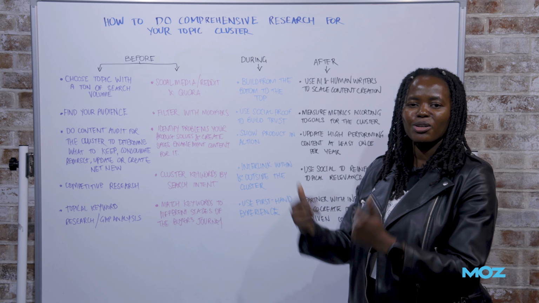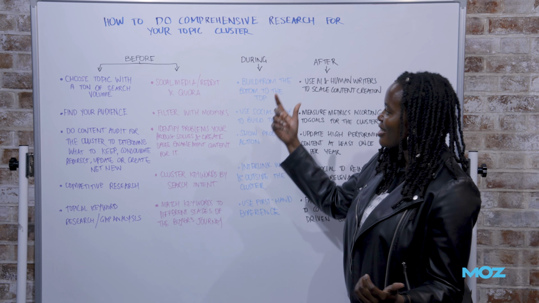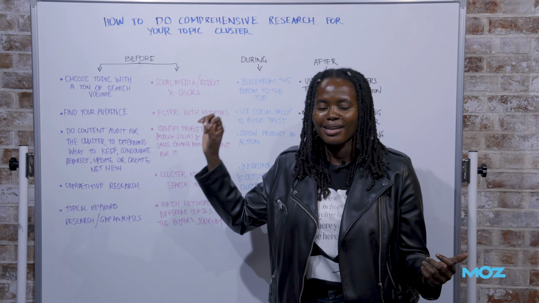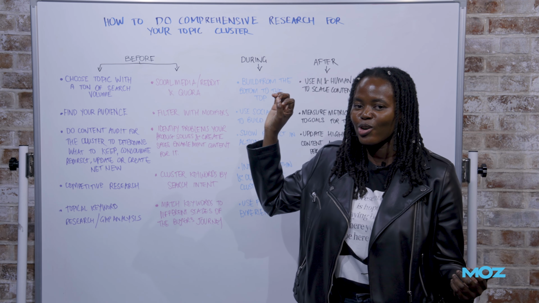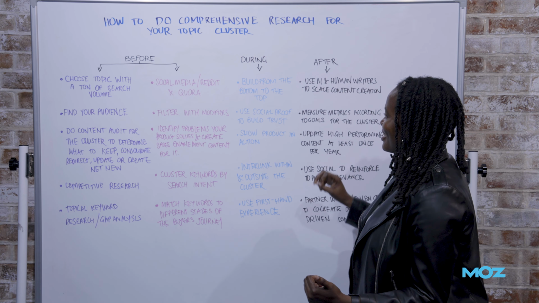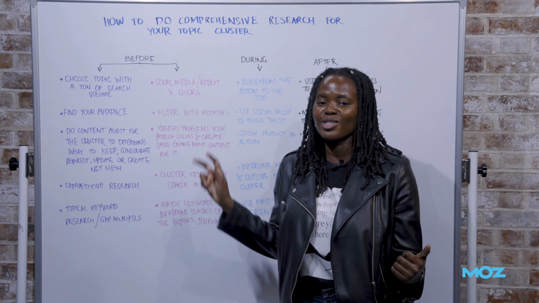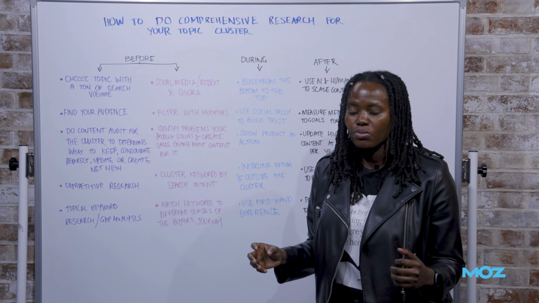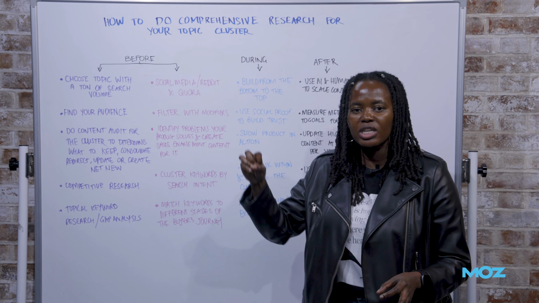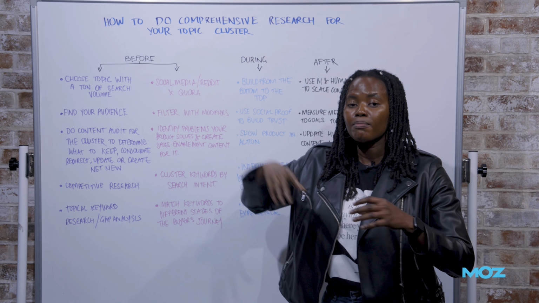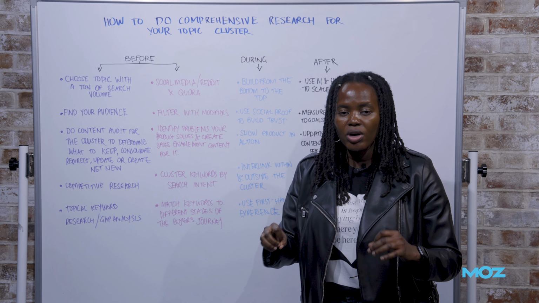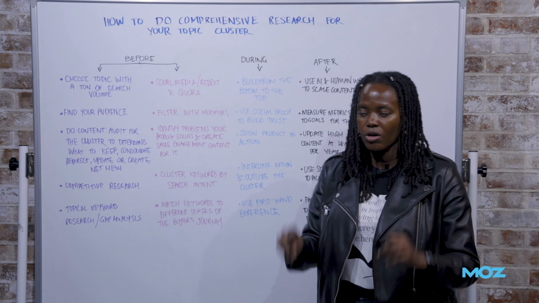But what about coming outside of SEO? What else can we find out there? Social media. I love using social media to do keyword research. I found some really great gold mines by looking at keywords on Twitter and LinkedIn. I refuse to call it X. I also like using Reddit and Quora for community research. You can just go on Reddit especially, type in the main keyword you're trying to target, and it's going to show you some really good threads or forums that people have created to talk about that keyword. That's going to give you some great insight on real questions that people are asking around that topic.